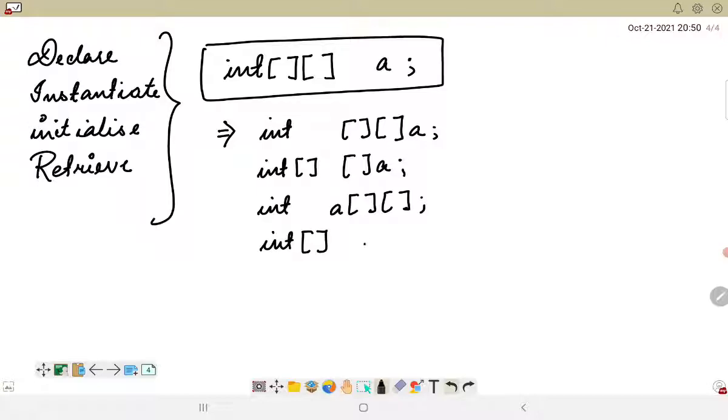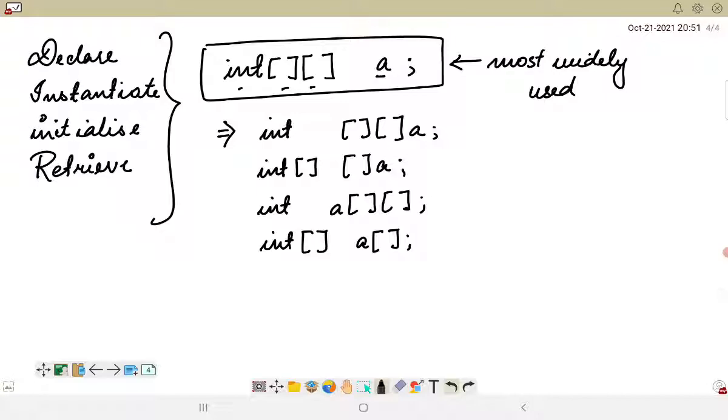Although all these four different types of representations are used, we should understand that this particular representation is the most widely used representation among all of them. So what does this most widely used representation represent? It says that A is basically a type of 2D int array. So A is a type of 2D int array.